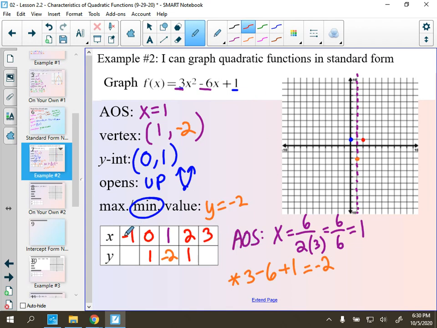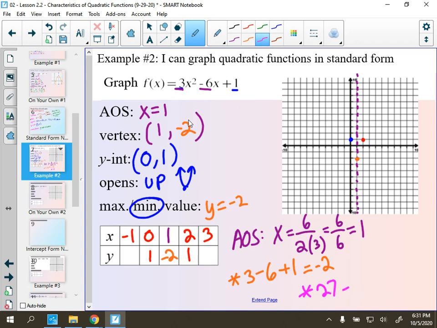Let's plug in a 3 or a negative 1. You know me, I'm probably going to try to stick with the positive value here. Let's see what happens when we plug in this 3. So same as before, I'm going to make a little note here, just a star showing what I'm doing. So 3 is going in. 3 squared is 9, and then 9 times 3 is 27. So I'm going to write that down, 27